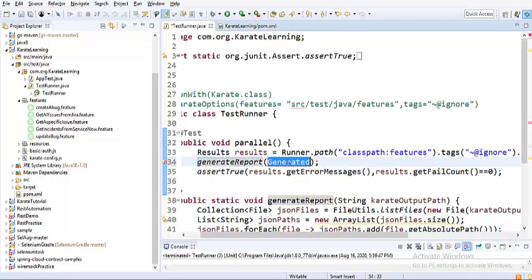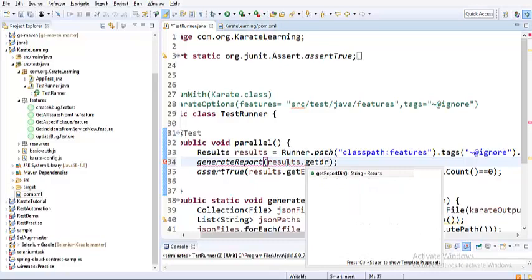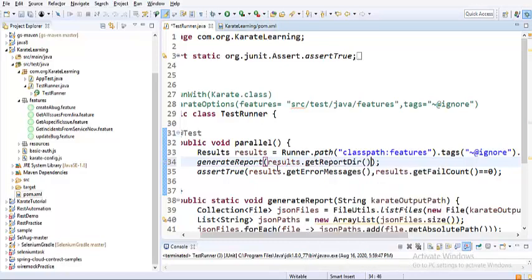So here we need to pass the actual directory or path where the reports should be placed. So I'm saying get report directory. This is actually coming from this particular statement in the results object. I call that method, so that in the target folder one folder called Cucumber would be generated, and when we open that report right after execution, we can see the report is being shown very nicely, and that is a holistic view of all of them.